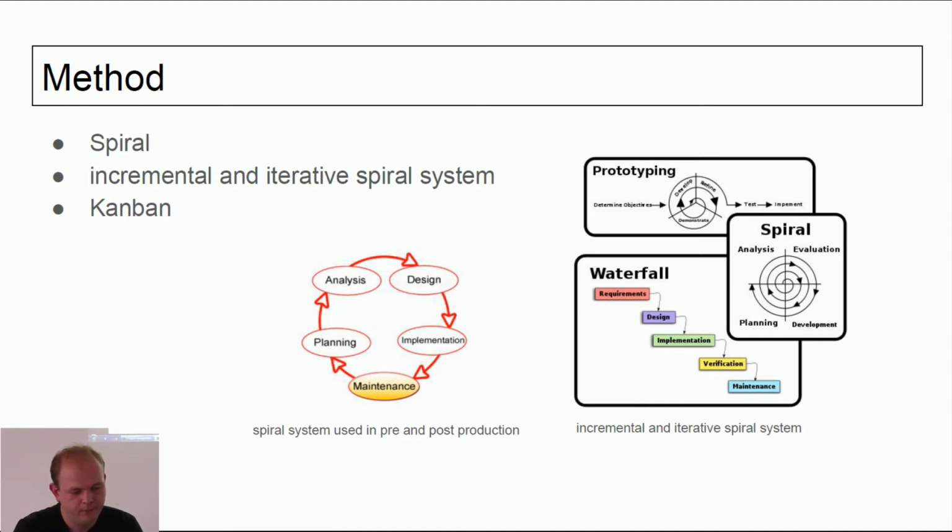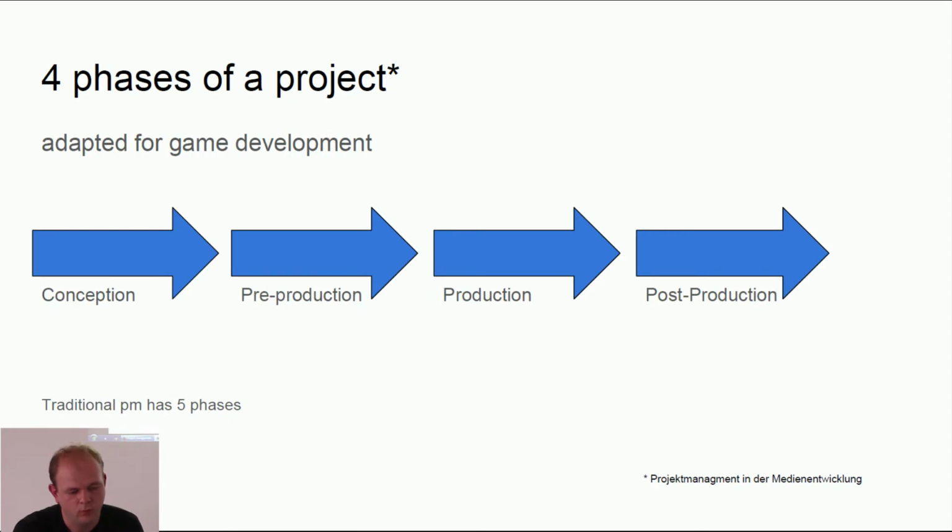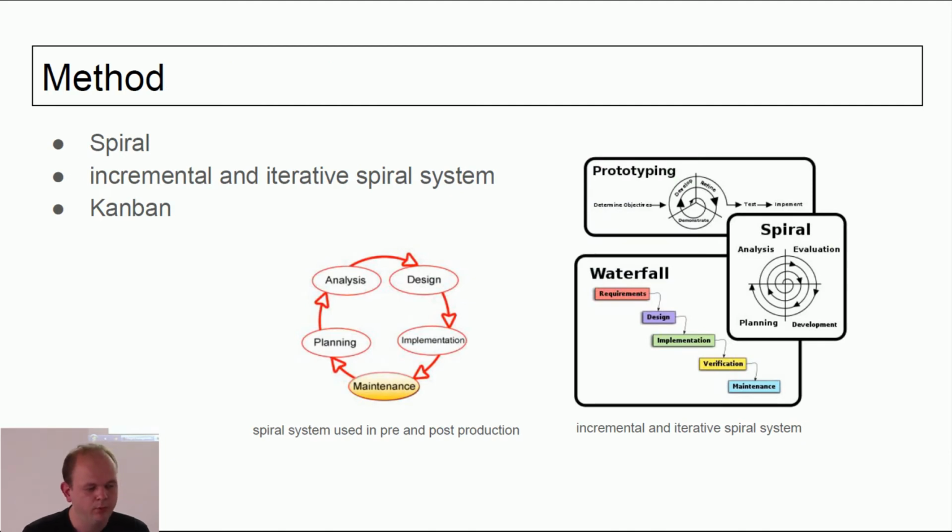Then the spiral here is a mixture of 2 different kinds of methods to organize a project. Usually you have some kind of waterfall, which means that you're doing things step by step, and in the end of the waterfall you're exiting the step, like the pre-production phase. That's a waterfall. A spiral model means that you're repeating all the processes, and if you combine these 2, you have